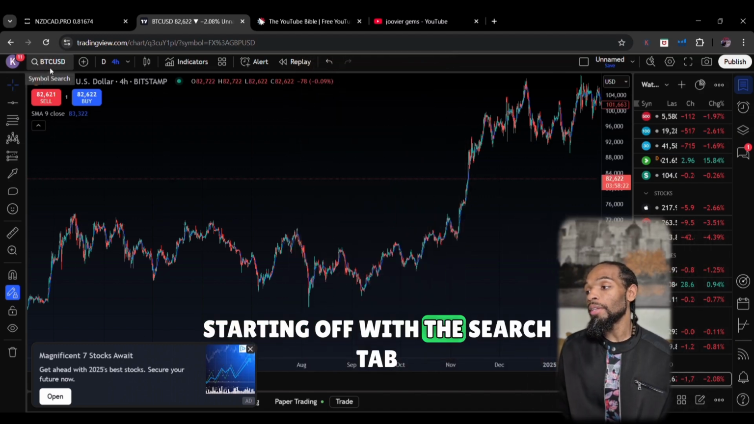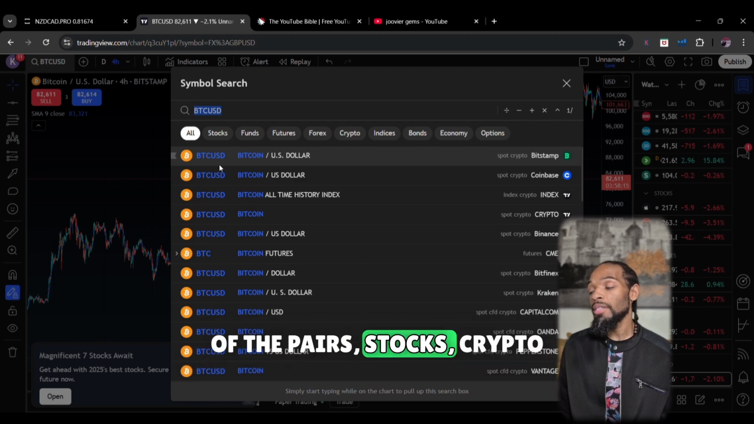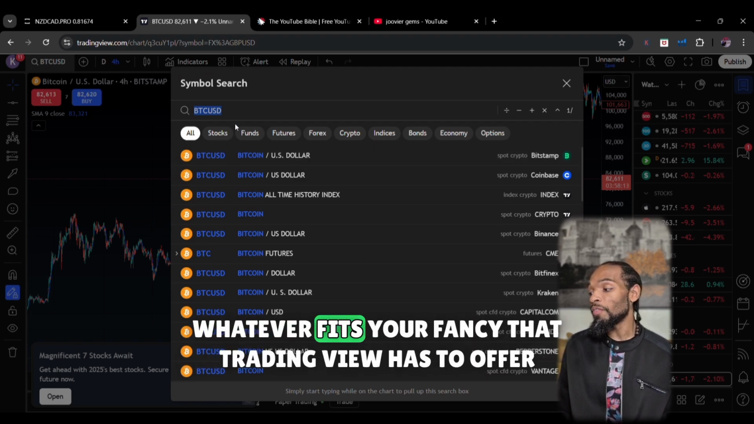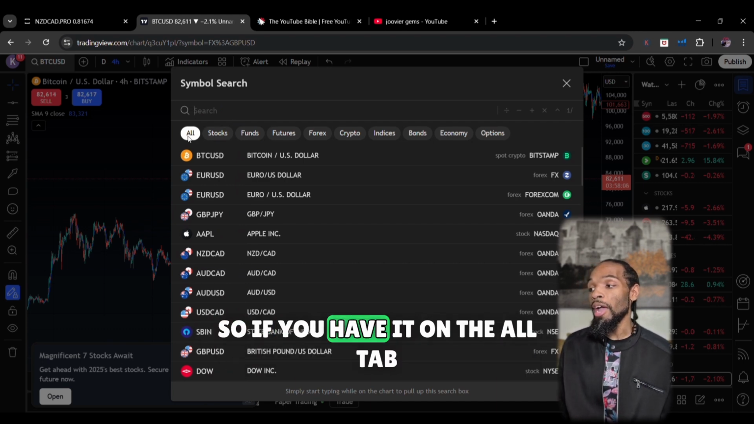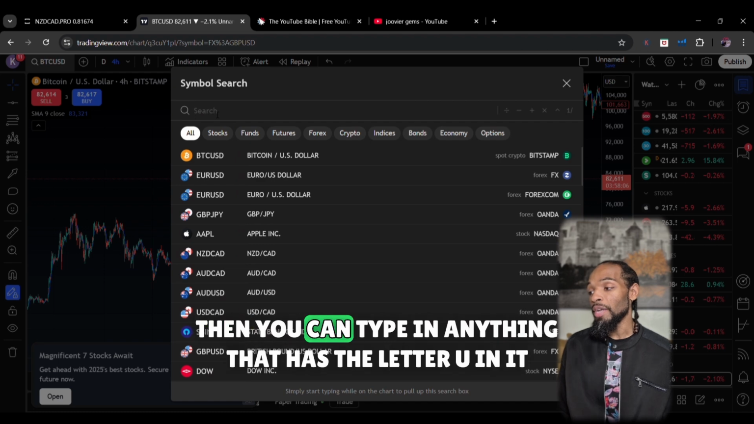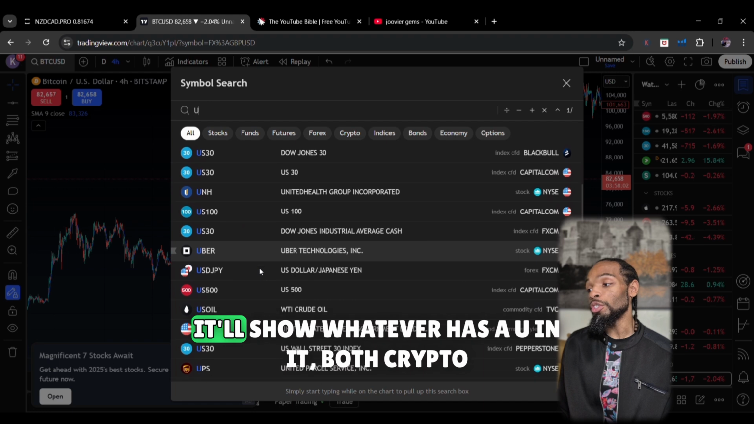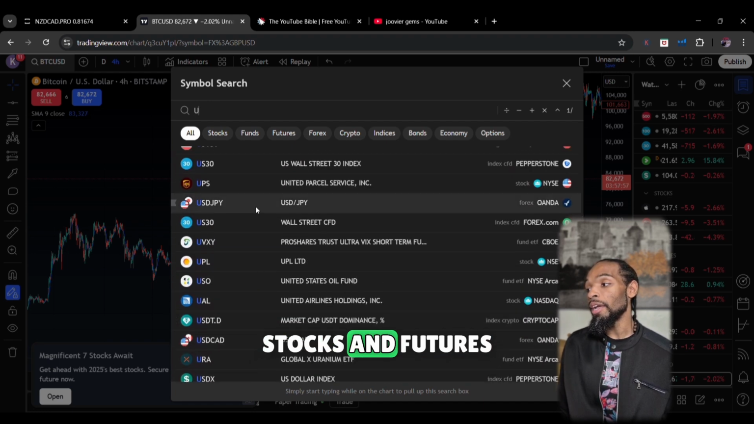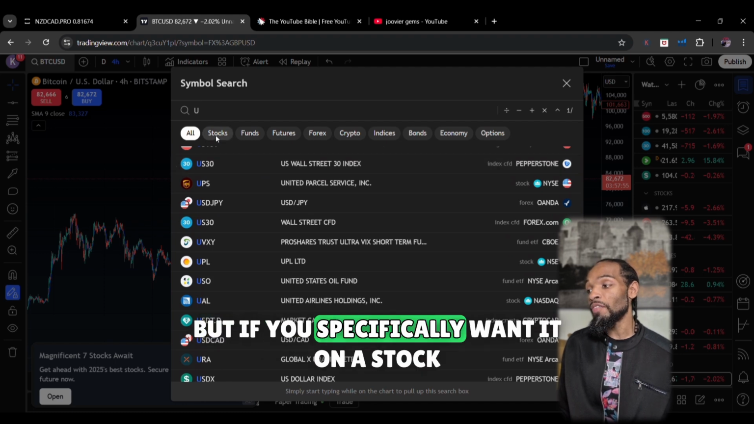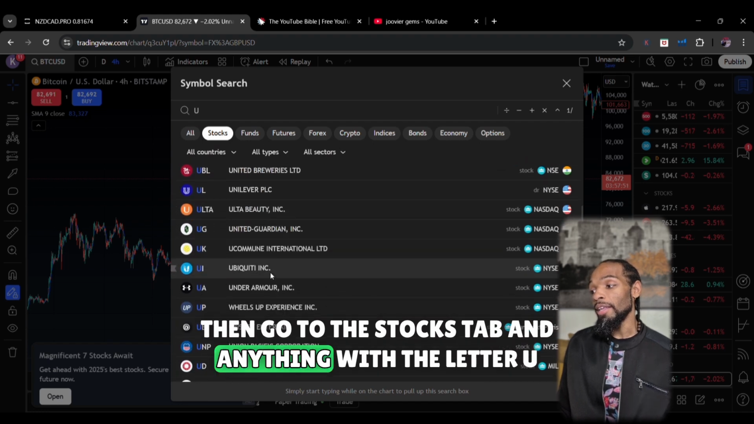Starting off with the search tab, we have this right here that can help you search through all of the pairs, stocks, crypto, whatever fits your fancy that Tradingview has to offer. So if you have it on the All tab, then you can type in anything that has the letter U in it. It'll show whatever has a U in it, both crypto, stocks, and futures. But if you specifically want it on a stock, then go to the Stocks tab, and anything with the letter